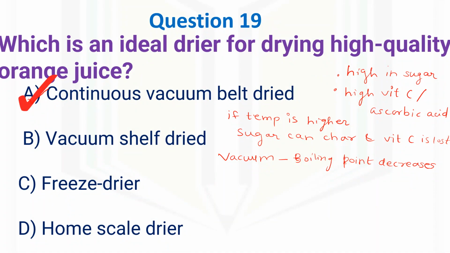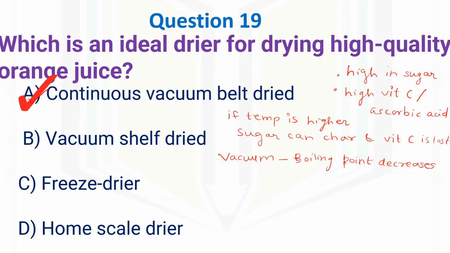Okay, so freeze drying can also be a technique for drying, but after freezing, vacuum has to be applied so that it will evaporate the moisture. So the best option is a continuous vacuum belt dryer. So what happens? It will gently remove the water from the juice using a vacuum, and a slow moving belt will preserve the